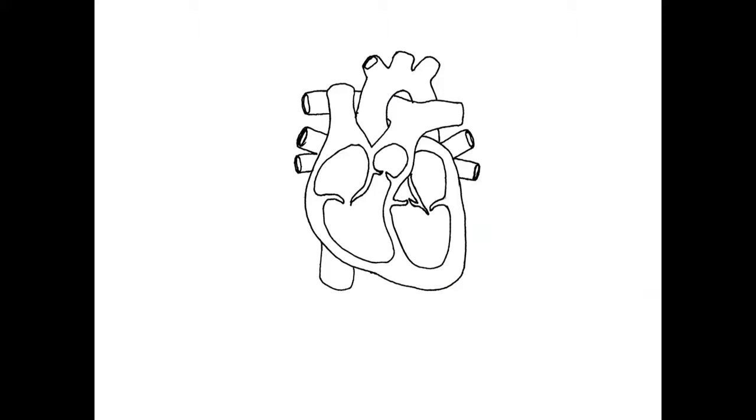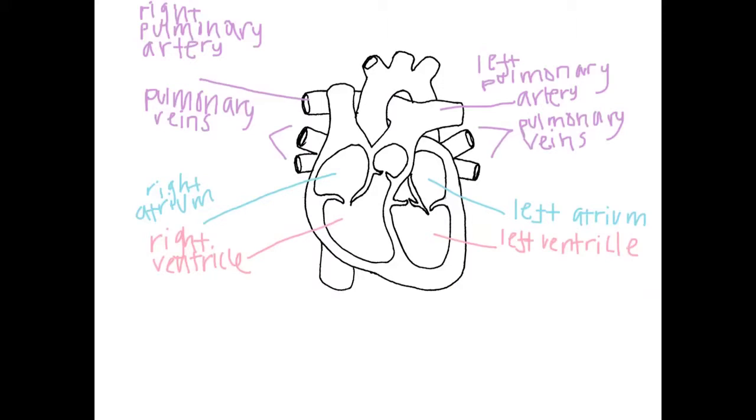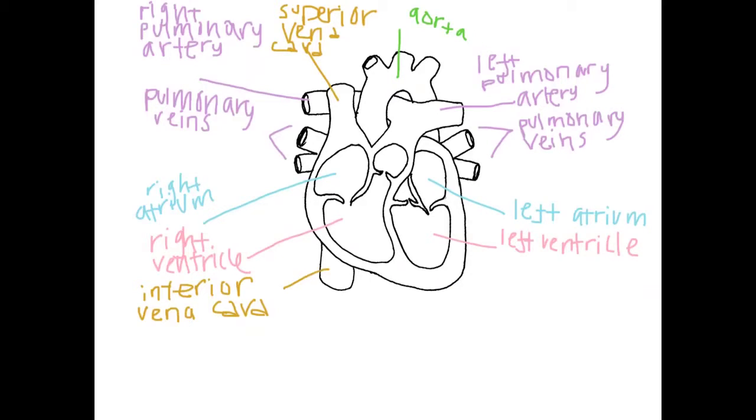This is where the right and left atrium are on the heart. Next, we have the right and left ventricle. Then we have the pulmonary arteries and pulmonary veins. This is where the superior and inferior vena cava and the aorta are located on the heart. Lastly, this is where the right and left AV valve and the right and left semilunar valve are located on the heart. Now that you know where everything is located on the heart, I'm going to explain how the blood